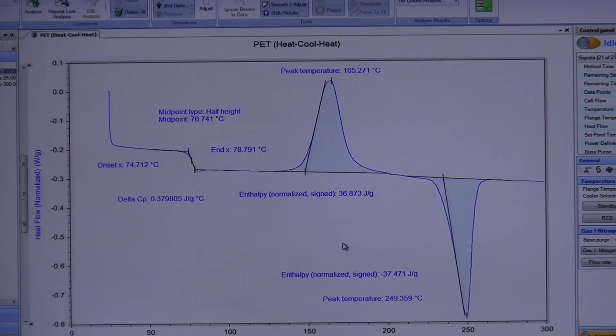So in this case, like I said, it's basically not crystalline at the beginning, okay? Now this is just the first heating scan. This was just the first step of a 3-step program, and yet I can get all of this information. So you can basically repeat this for the other 2 steps if you want to. If you only cared about your first heat, then this is it. But what I would show is,